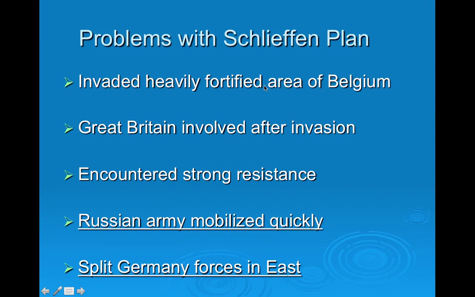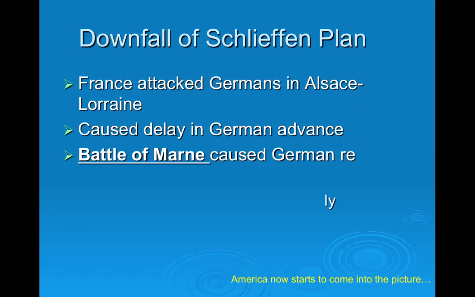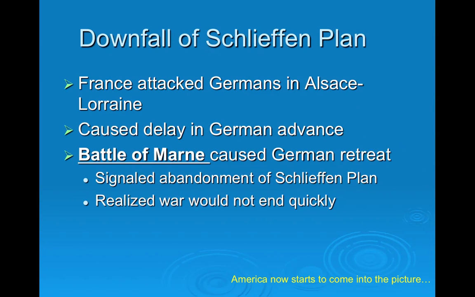what you now have is Germany, who thought they were just going to do one thing, has to split their forces. They're half as strong. They have a massive issue. Schlieffen Plan, not that great of a plan. Okay? And that is exactly what happens. The downfall of the Schlieffen Plan: France attacked the Germans in the Alsace-Lorraine region, which caused delay in the German advance. The Battle of Marne caused the German retreat, signaled abandonment of the Schlieffen Plan, realized the war would not end